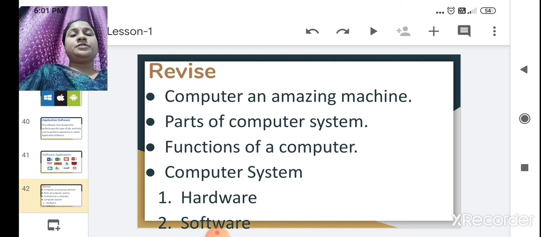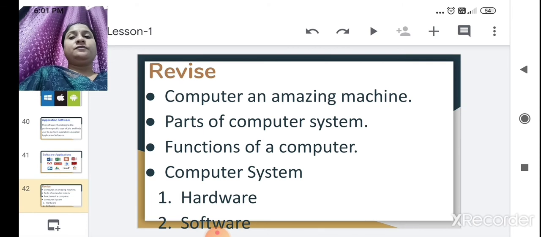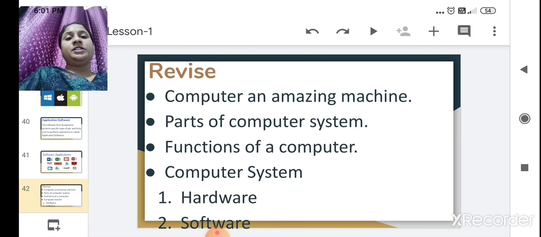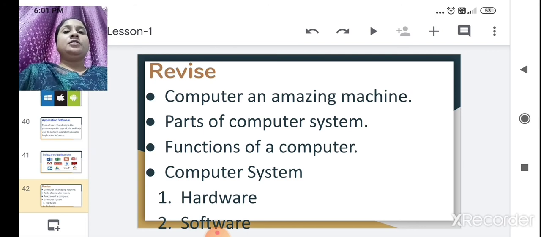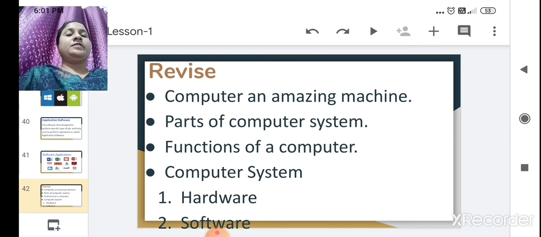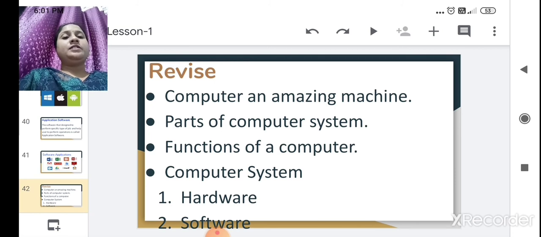After data is processed, the CPU gives useful information, known as output, and it is displayed on a monitor. We also saw that the computer system is divided into two parts, that is hardware and software. The hardware part is the physical part which we can see and touch, and software is which we cannot see and cannot touch.